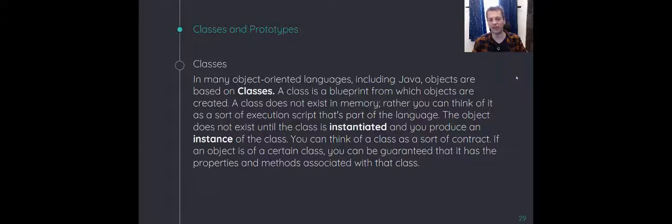In object-oriented languages like Java or C#, objects are based on classes, and a class you can think of as a blueprint from which objects are created. A class does not exist in memory. You can think of it as an execution script that's part of the language. You don't actually get consumption of memory until the class is instantiated